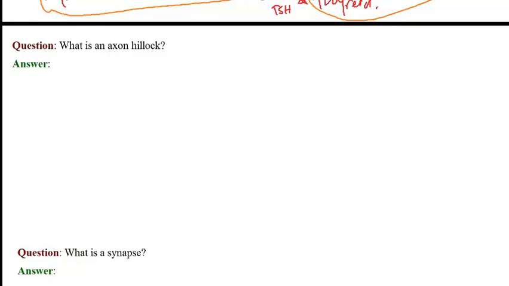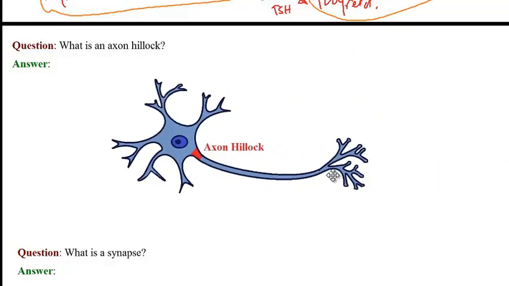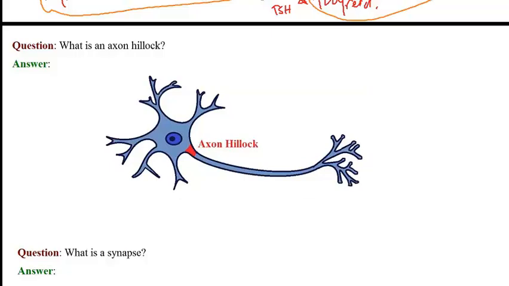So the first question is, what is an axon hillock? And here is a drawing of a nerve cell. And basically, the axon hillock is the part of the axon that originates from the soma. And thus, this is sometimes referred to as the spike initiation zone,